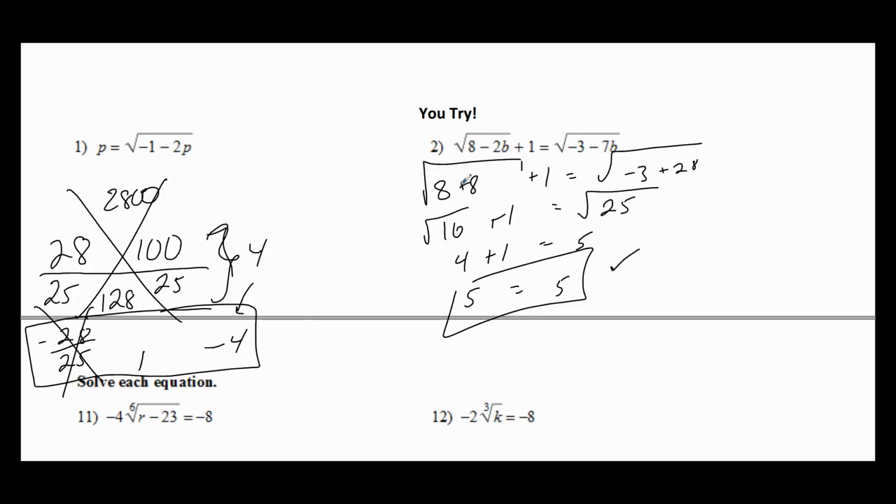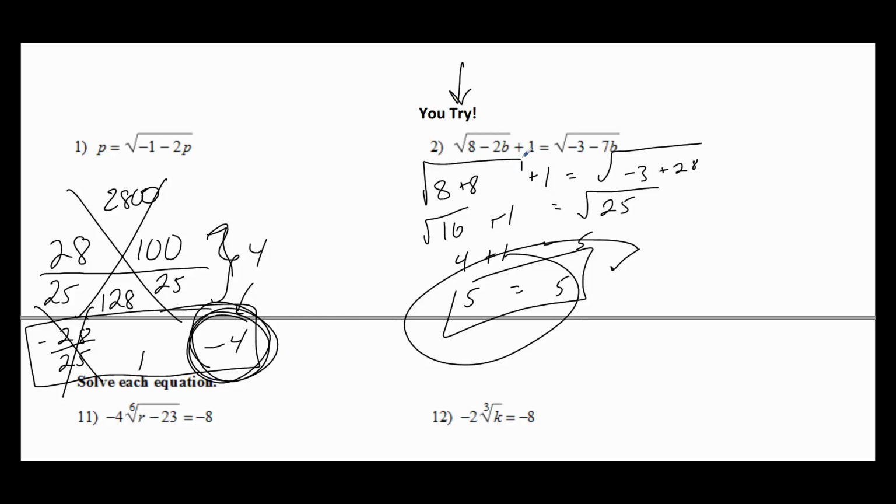Okay, so let's plug in the negative 4. When I do that, I get 8 plus 8 on the inside, which is 16, which is 4 when I square root it, plus the 1 still on the outside, so I get 5 on the left. On the right, negative 3 plus 28 is 25. When I square root that, I get 5. So this does work, so that means negative 4 is our lone solution for the second problem there on the